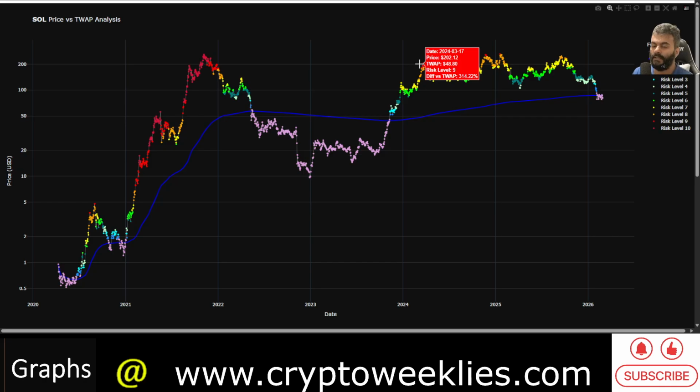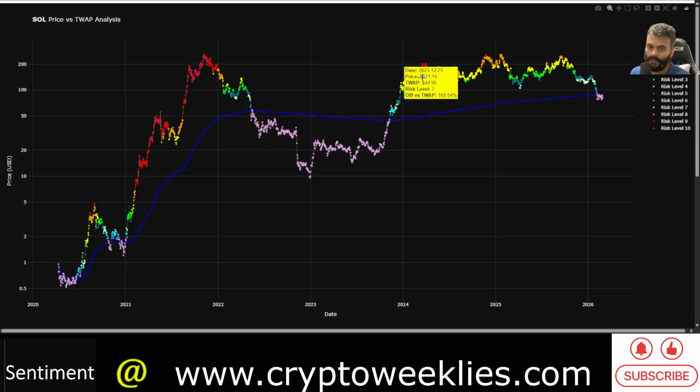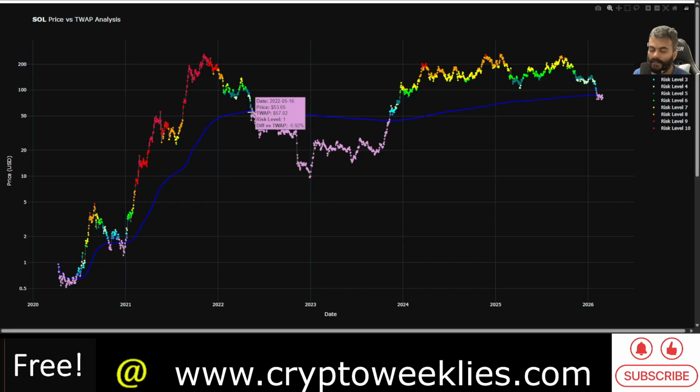That means the gravity of time likely takes the price and mean reverts it back to the time weighted average price, like it does eventually in bear market years such as 2022 or 2026 for that matter. SOL is having its second major bear market year. The first time it was in a bear market.